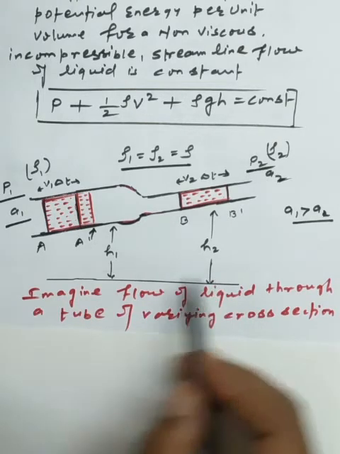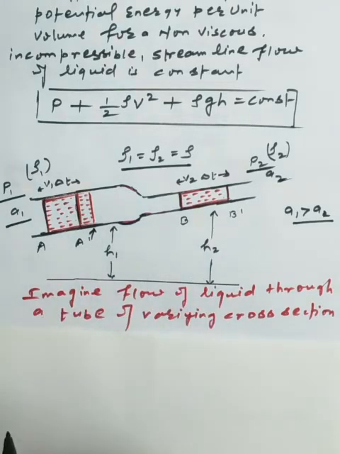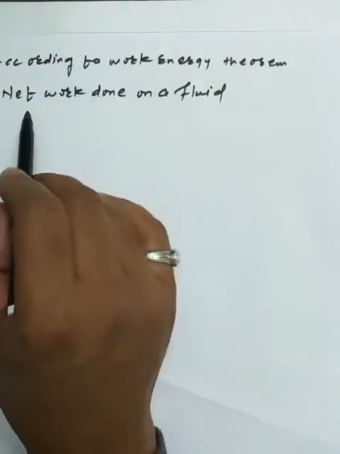Okay. Now due to the pressure variation, the liquid is flowing from one part to another part inside the tube. So we are making the calculation of the different types of energy, and we are putting them in the work energy theorem, where the work done on a liquid is equal to the change in total energy, that is the sum of the potential energy and the kinetic energy. So we are starting here the mathematical proof of this theorem. According to the work energy theorem, the net work done on a fluid is equal to